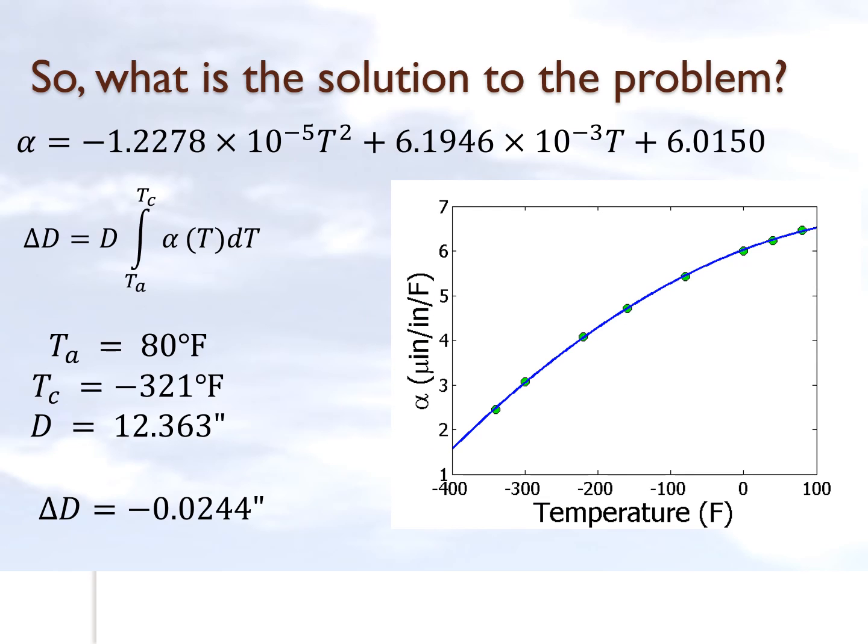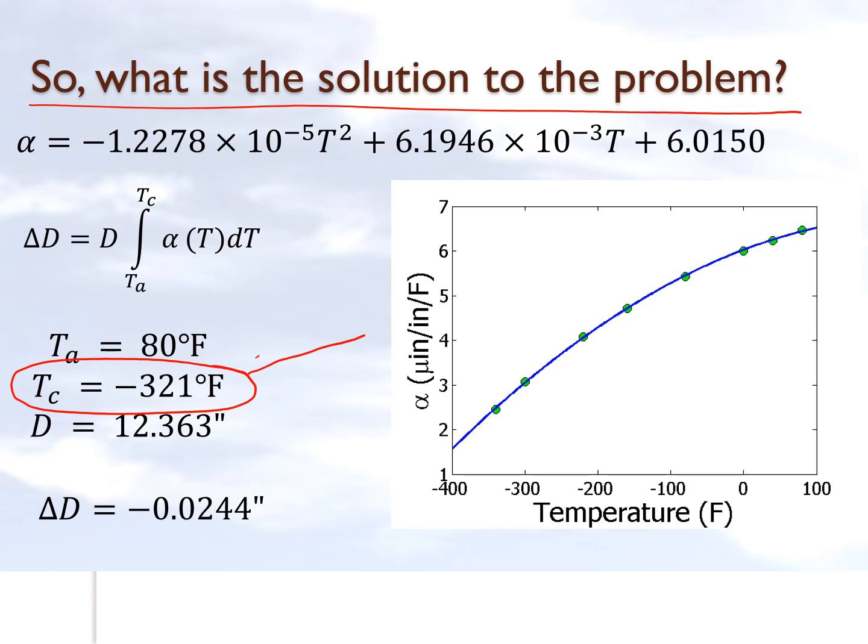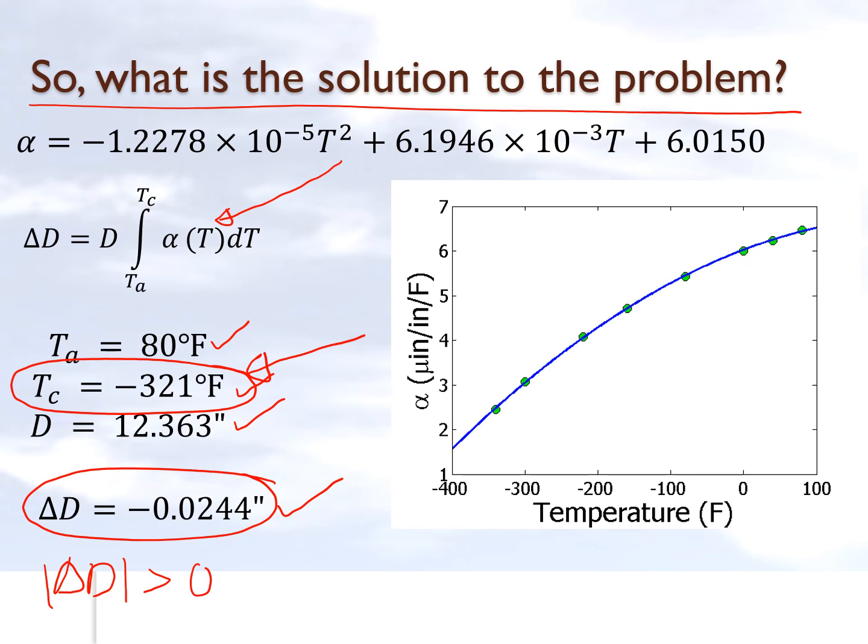One of the ways of doing that is that we don't put it into dry ice and alcohol mixture, but what we do is we put in liquid nitrogen. The liquid nitrogen boiling temperature is minus 321 degrees Fahrenheit. So by conducting the same exact calculations as we have for dry ice and alcohol mixture, by putting alpha right here and putting the lower limit and upper limit of integration, this is the diameter of the trunnion, we get a delta D of 0.0244 inches. And this delta D right here is greater than 0.015 inches.